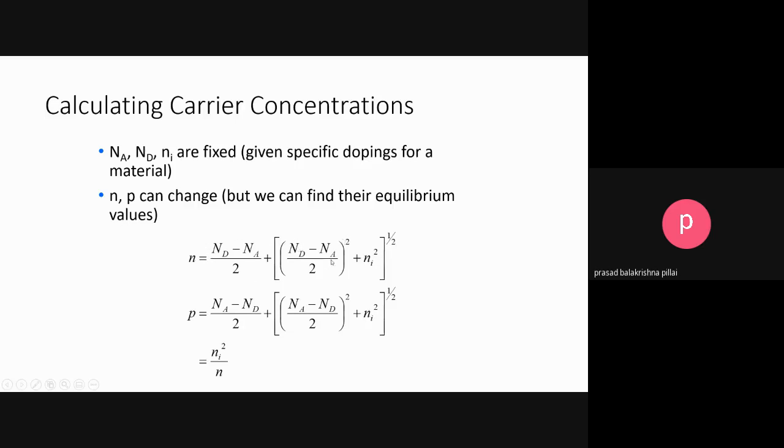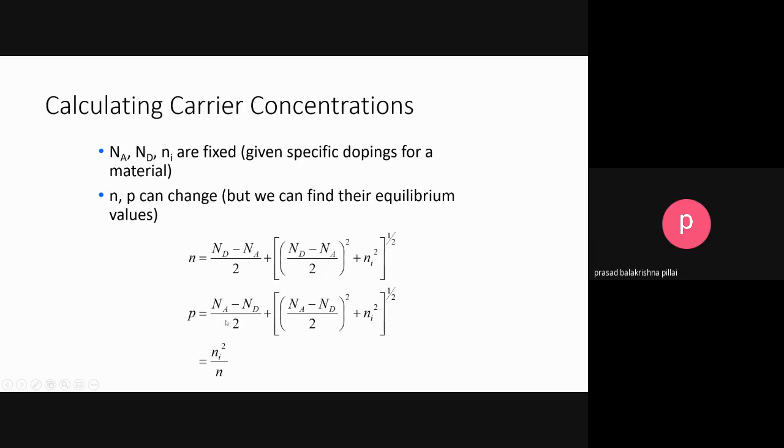Suppose in a given problem you see that a significant Na is present and it is lightly doped, then for finding out the electron concentration, we need to use this equation. It's a quadratic equation. If you work it out, you will see that the solution for n will come in this form. Otherwise, fortunately, most of the time we can assume that the electron concentration is equal to Nd,